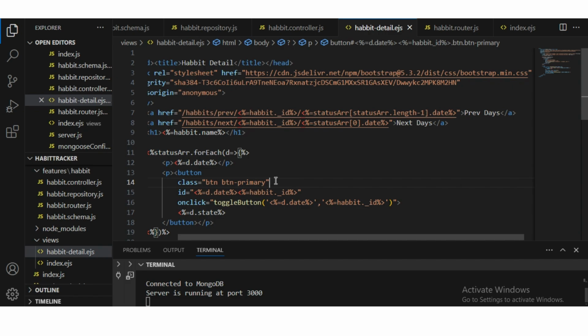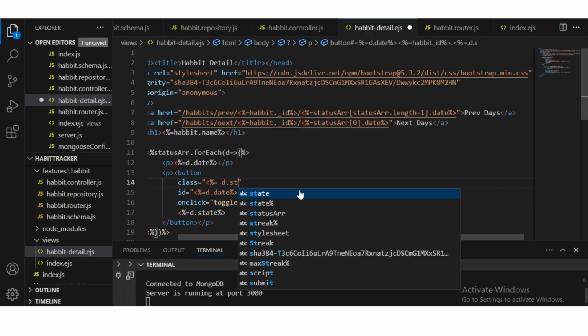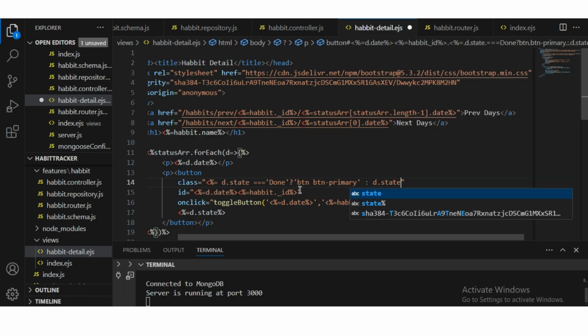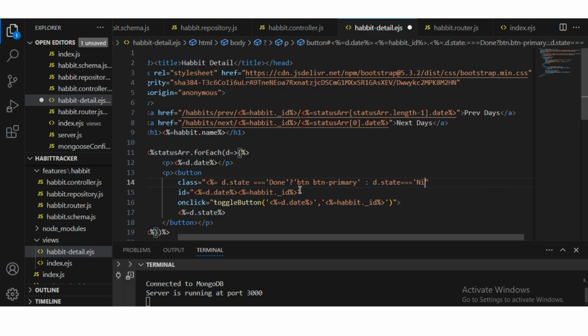So this button class should be based on a condition. We shouldn't give it directly, right? So let's write the condition over here. First we'll check the state of it. If d.state is equal to done, then in that case the class will be primary, which is green color. If it's not the case, then if d.state is equal to not done,